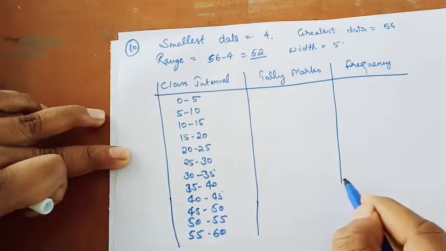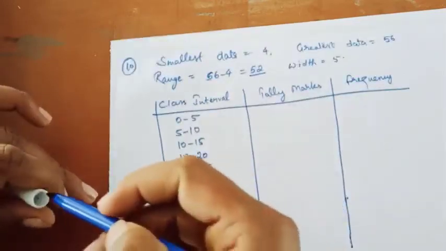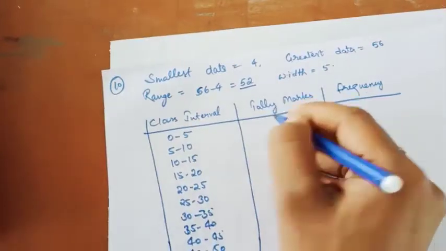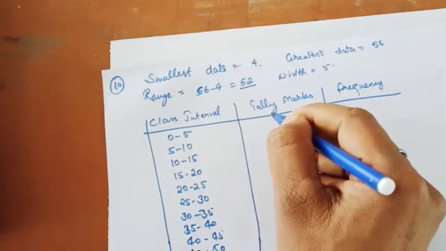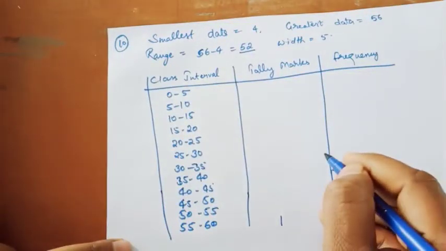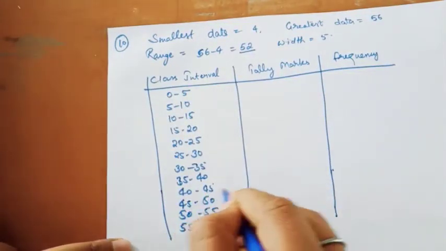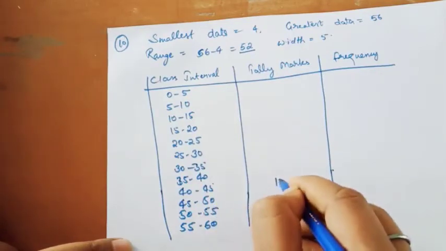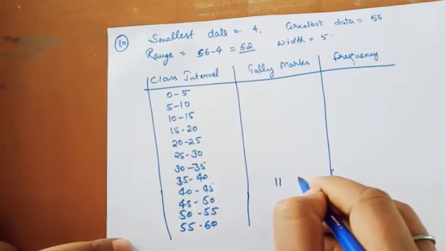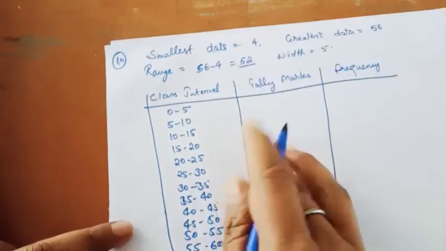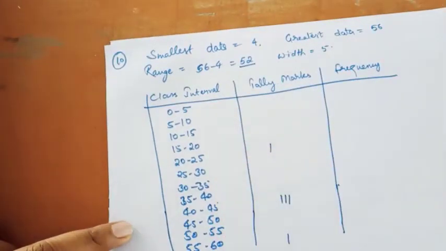You can take 10 also, but let us understand it more deeply. Tally marks. The very first interval is 0 to 5. No value is there, so don't write. The first entry is 56. Where will it fall? In the last one, 56. Then 42. 42 means this one. Then 41. 41 means the same one. Then 42 again, which means the same. Next is 21. So 21 will be between 20 and 25. Like that we have to make the data table.